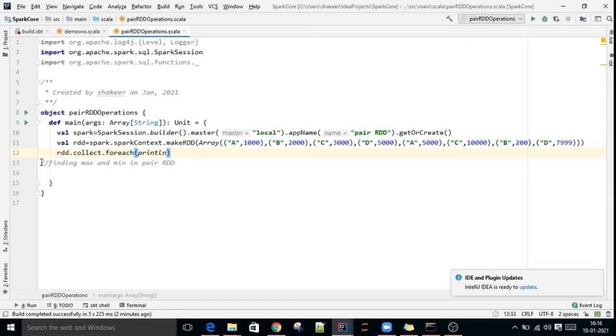First, in a pair RDD I want to find the maximum and minimum values.